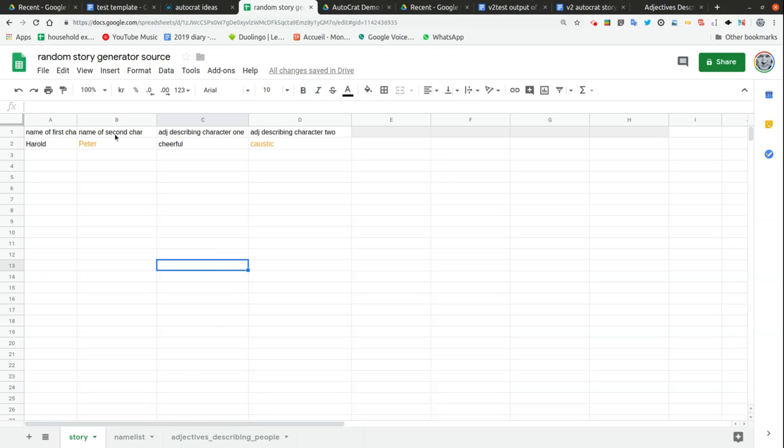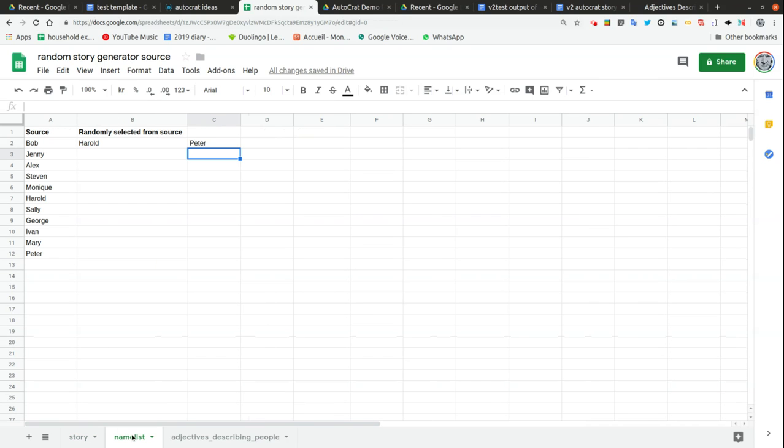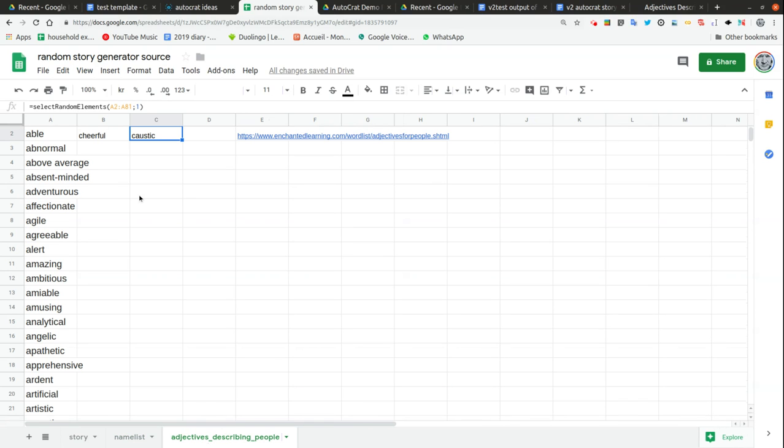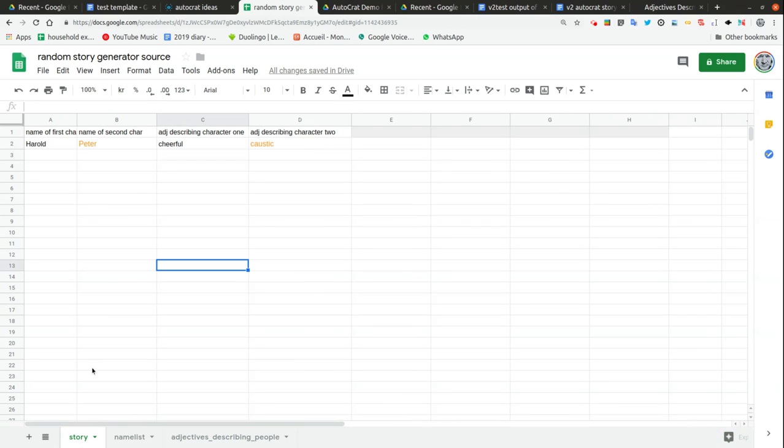So what I've done is I've created name of first character, second character, and then adjective describing character 1 and adjective describing character 2. I've got a name list that is automatically pulling those names randomly from A2, in this case A2 to A12, and then here's a second character, A2 to A12, and here is the adjectives describing the various people. So that's the core data, and let's go ahead, and